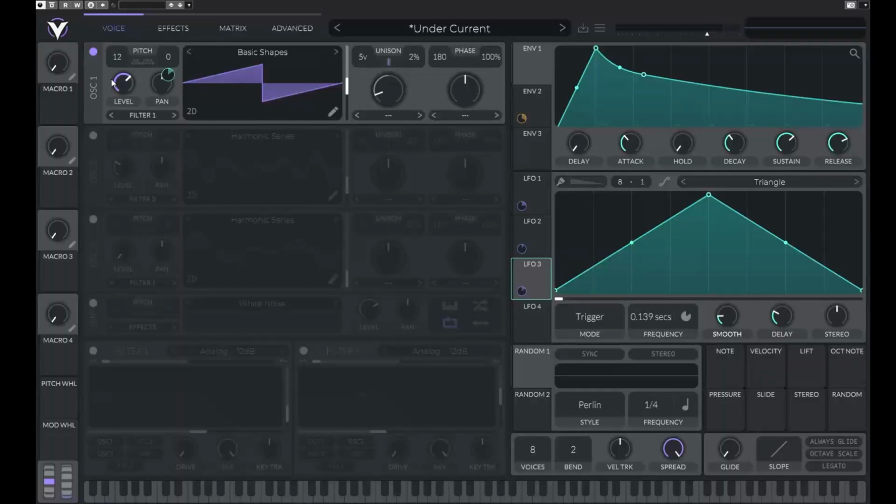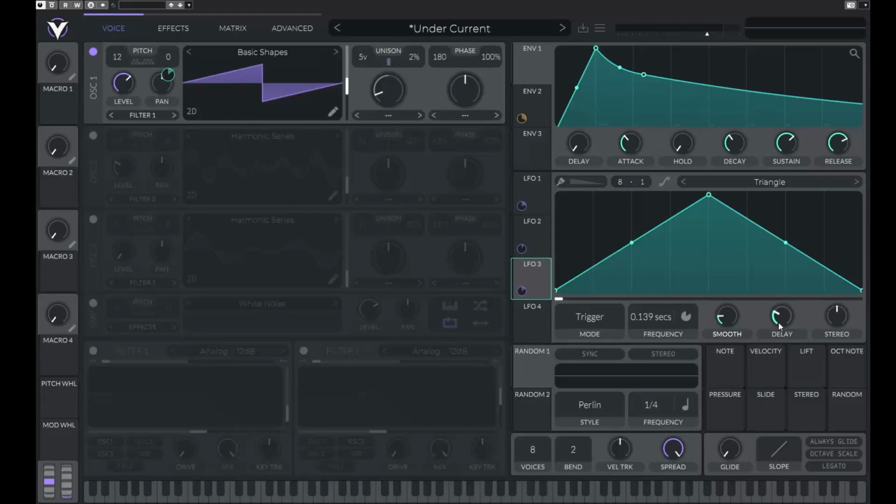I created this other pad based on a saw wave. It's a bit similar to the previous one, but because it's a saw wave and I will be adding a sine wave that gets its waveframe modulated, all these interesting harmonics will start developing and keep on moving in the background. So first the saw wave, and we'll also modulate the pitch again with some delay to get